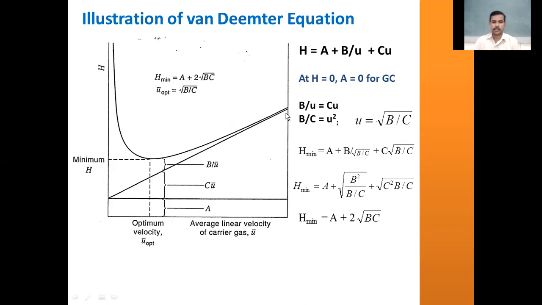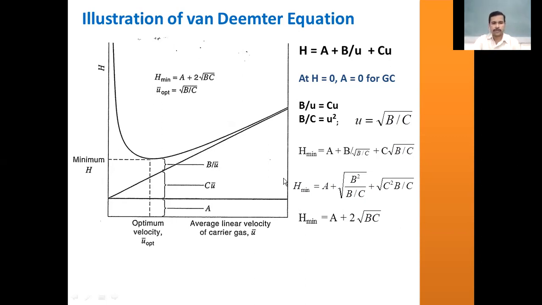Why is this? This is because there is a continuous mass transfer of the solute either into the stationary phase or into the mobile phase. As a result of this, the increased plate height can be seen, and this leads to a decrease in column efficiency. Column efficiency will be suppressed at greater mobile phase velocity.